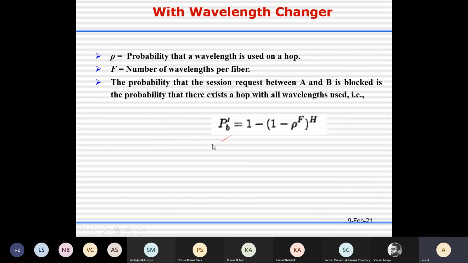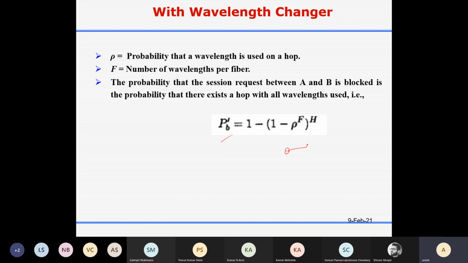So how do we compute this? What is rho to the power F? Rho is the probability that a wavelength is used on a hop. So rho to the power F means that all wavelengths are used in a particular hop.